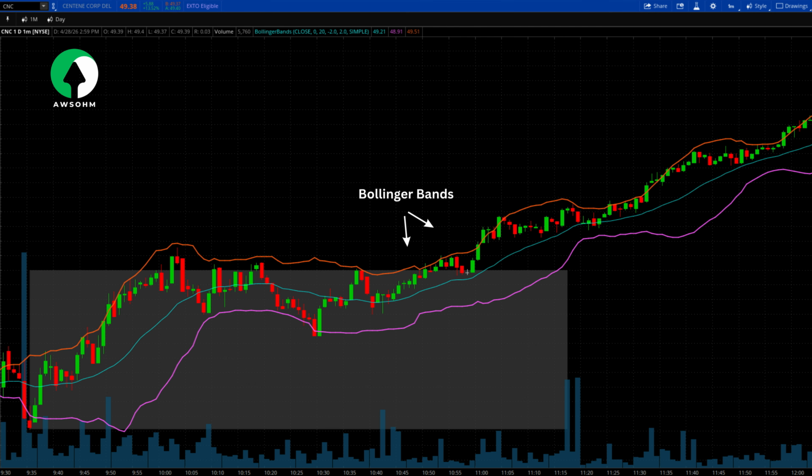Summary checklist for analyzing structure. 1. Identify the current range. Where is the most recent significant high and low? 2. Determine the bias. Is price making HH/HL or LH/LL? 3. Wait for the BOS. Has price confirmed the trend by breaking the high/low? 4. Look for the CHoCH. Has price broken the protected lower high, signaling a reversal? 5. Check the higher time frame. Does my intraday structure align with the daily trend?